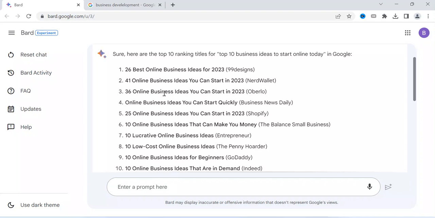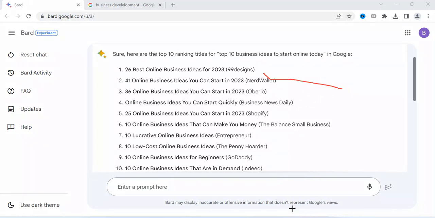Based on the site, it has ranked depending on how the site has optimized its title, or how the site is optimized in Google search. For this reason, based on these titles, I can relate them to rank my site. For example, we have these 26 online business ideas we can start now, which is ranking. You can also choose to rank another one.